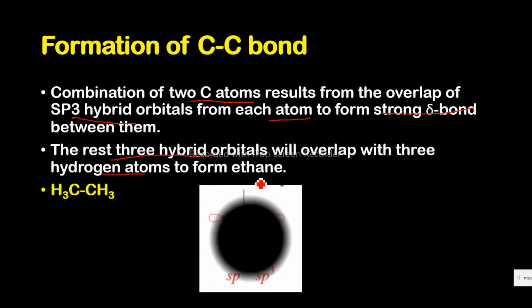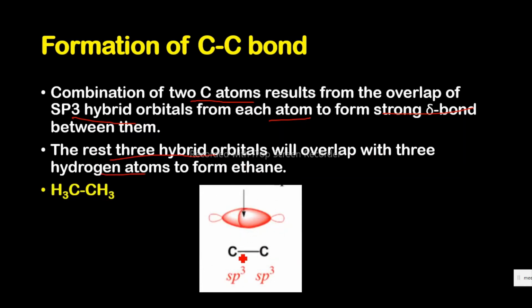Okay, so you can look at this. This is one carbon atom and this is another carbon atom. So the sp3 hybrid orbital of one carbon atom is going to undergo orbital overlap with another sp3 hybrid orbital of the other carbon atom. And so the result is formation of this carbon-carbon bond,